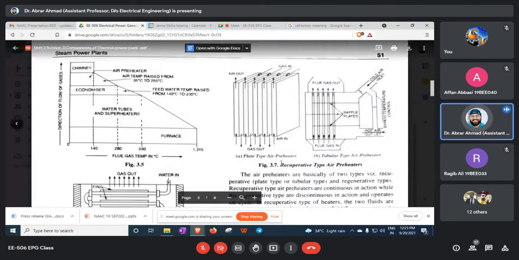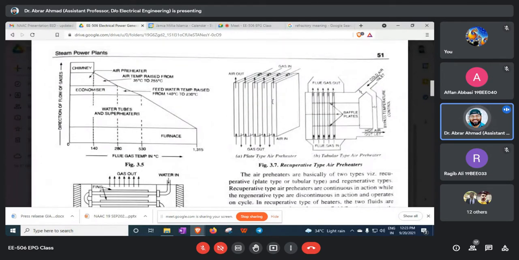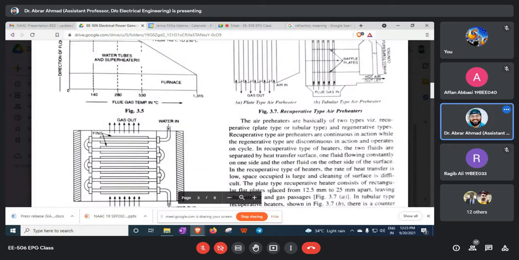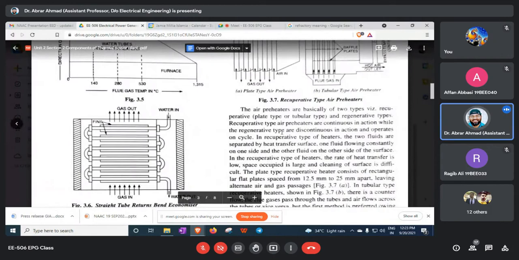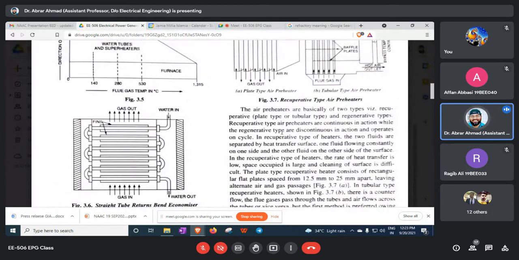So in recuperative type, the point is that they are side by side, and cleaning becomes difficult. And I hope you appreciate the issue of cleaning is because the air is not clean. A lot of particles are there in the heater, and that is why it has to be clean, because a lot of gases and particles, dust particles are there.